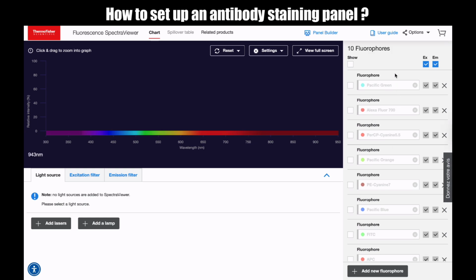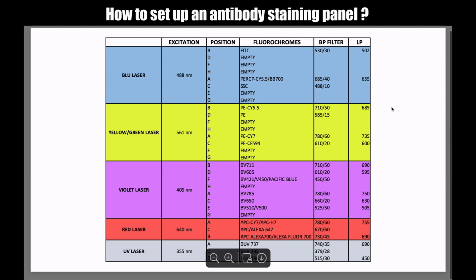For example, let's say I am using this configuration. This is actually a configuration with 5 lasers from a FACSAria Fusion that is usually used as a cell sorter, not as an analyzer, but you can use it as an analyzer, but it will be a little bit slower.